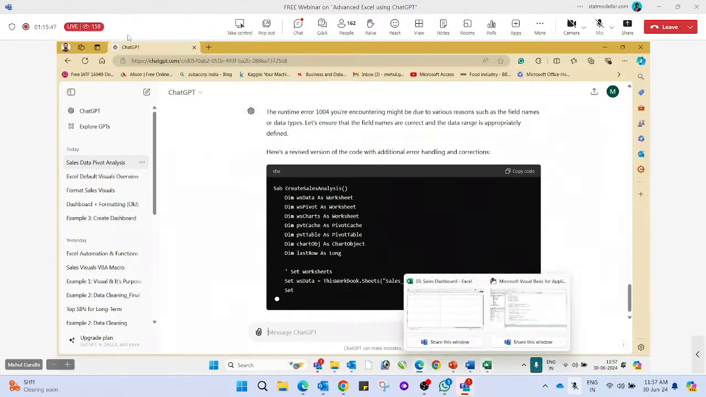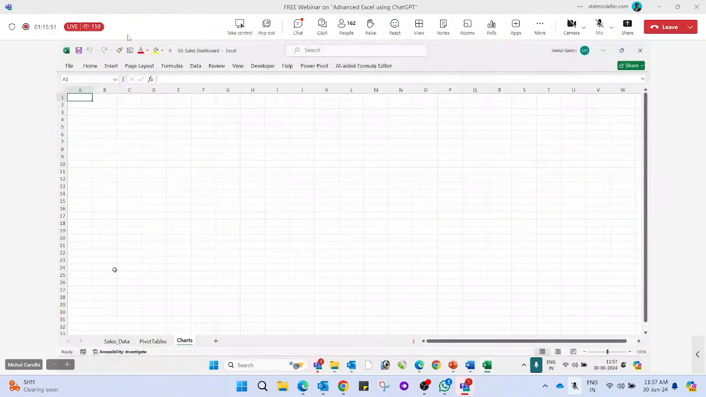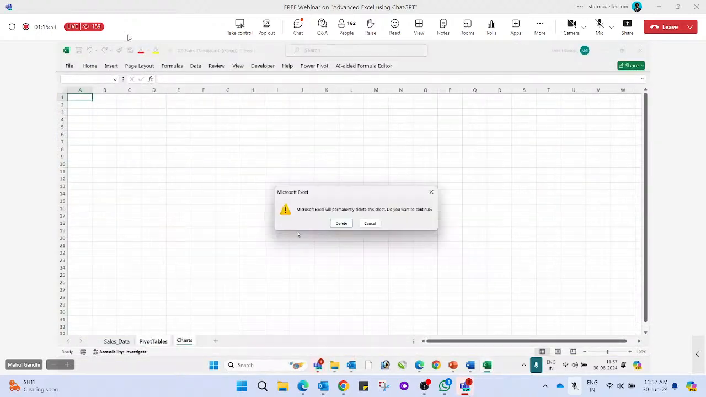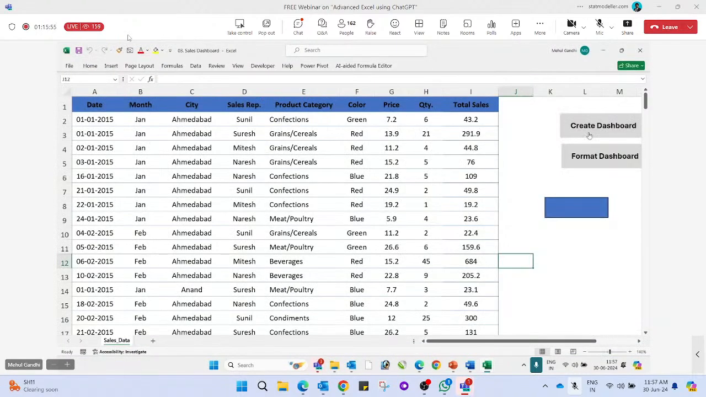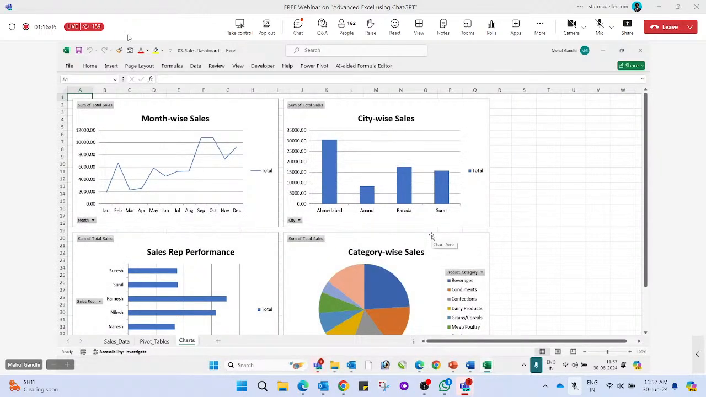So again, I copy this code. This is exactly the output which is available in the previous code which I have created by this create dashboard. So now I'm just clicking on create dashboard and it will create such visuals for us. The same way